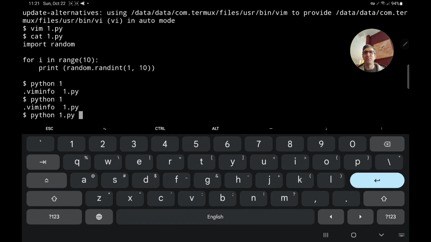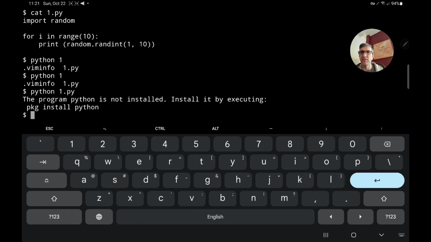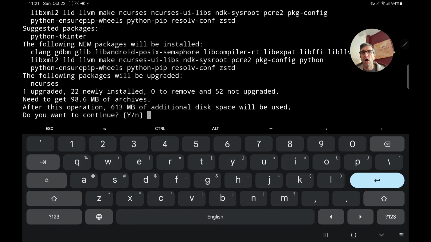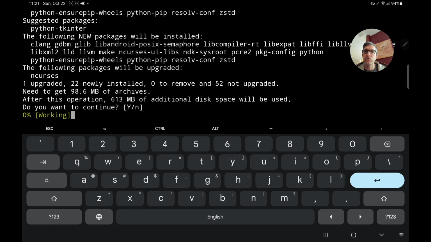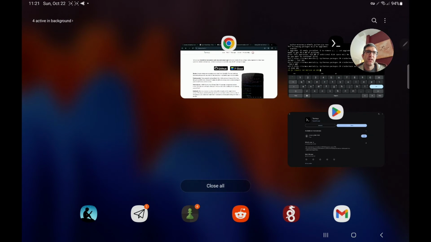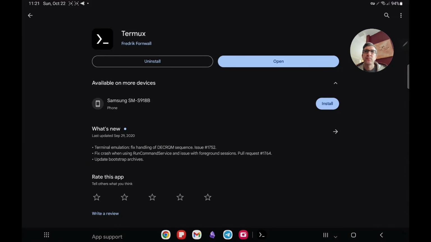Tab will autocomplete this. Run this. Python is not installed. Go with package install Python. That doesn't work. I will write it completely. It says I need to download 98 megabytes to install Python. I say cool. While I'm doing this, let's switch back to